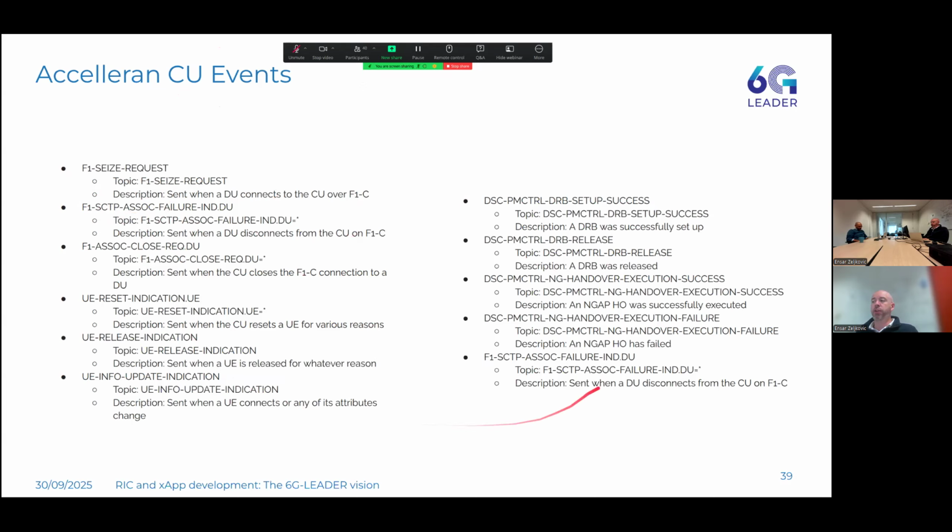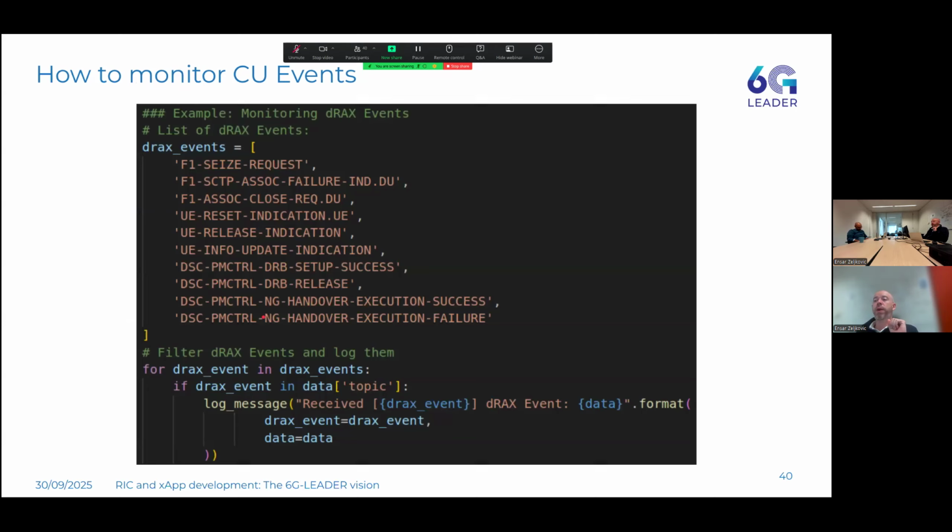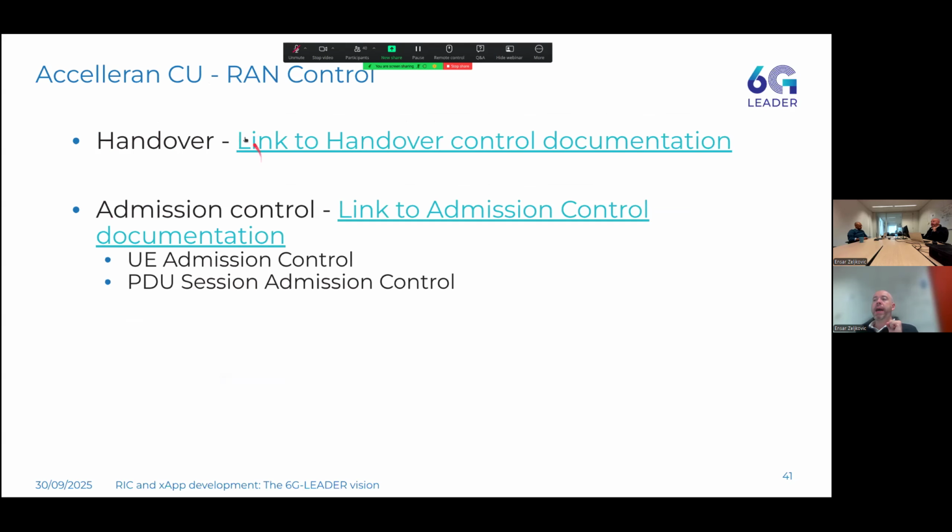We have a bunch of other ones as well that are exposed from the CU. So these are event-based messages, not like these KPMs, which are periodic. So they arrive almost on a 1-second basis onto our RIC. These are event-based, so only when an event happens do you get this message in. And we also have abstractions on how to read these messages out on the SDK side.